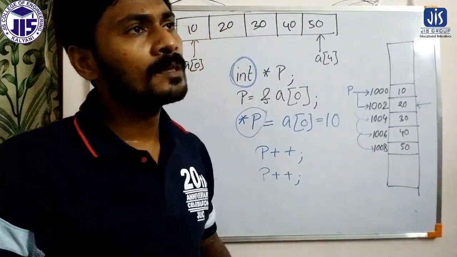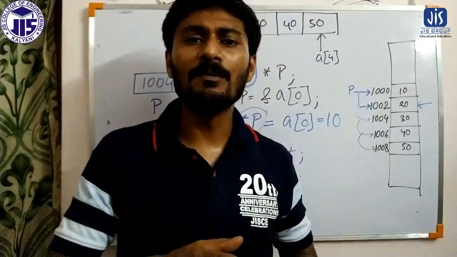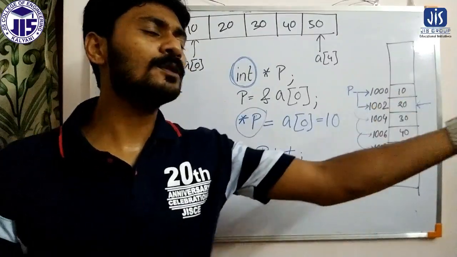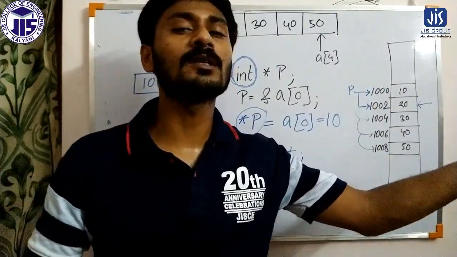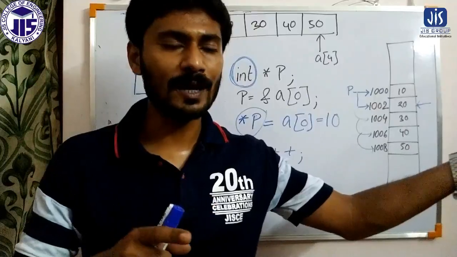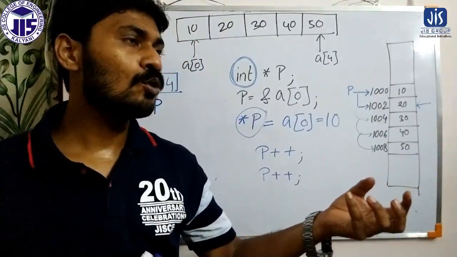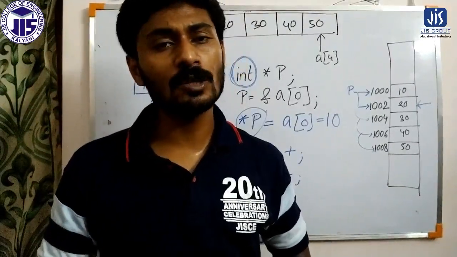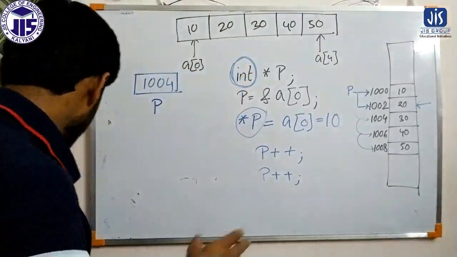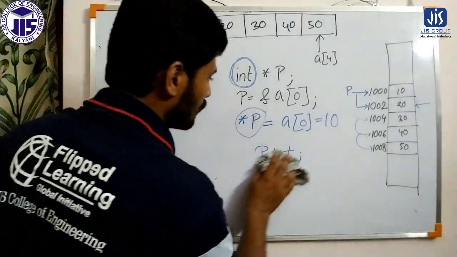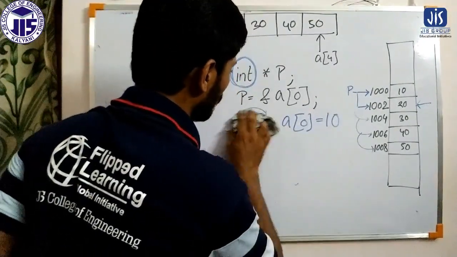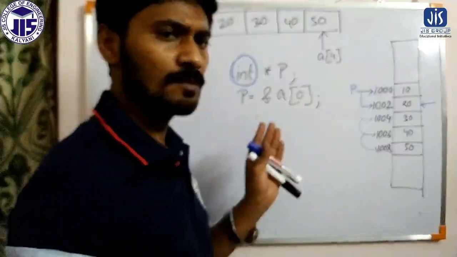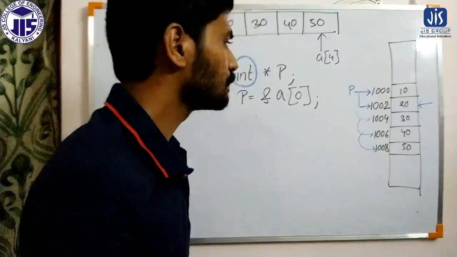Now if I say that we have 100 elements in an array, and certainly I need the 25th element, a25, how will you access this? Will we perform 25 increment operations on the p variable? That means, if I consider the similar array, p will always store the base address. The pointer variable will always store the base address.